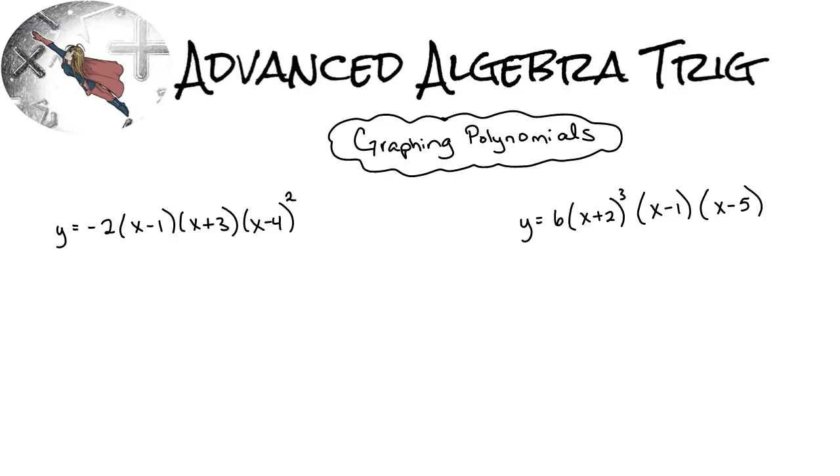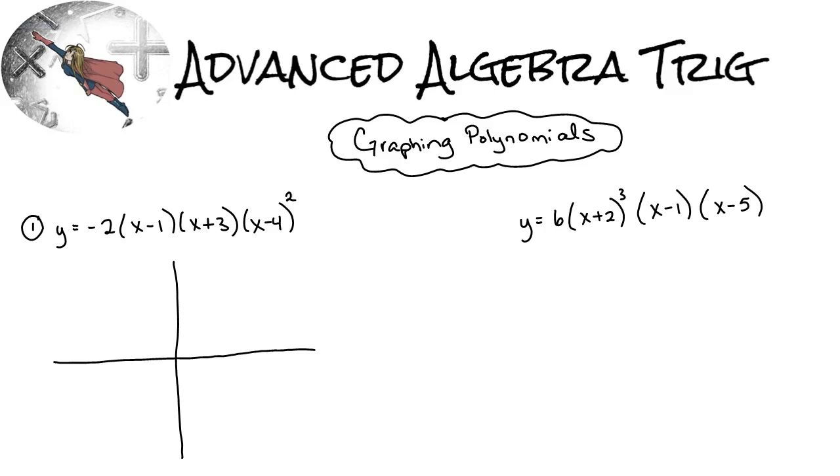Hello everyone. I am going to show you how to graph polynomials by using end behavior and x-intercepts. So they're just going to be sketches. They're not going to be exactly precise. So the very first thing with problem number 1